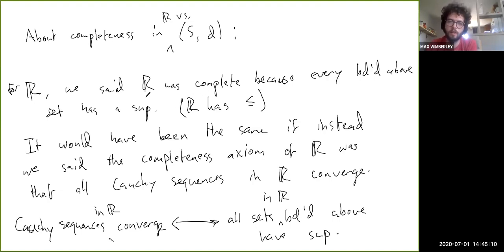and that's what lets us define completeness in terms of the supremum instead of in terms of Cauchy sequences. But we could have defined it in terms of Cauchy sequences if we wanted to, and nothing else would have changed. We would have just been going in a different direction, proving that all sets bounded above have a supremum from the fact that Cauchy sequences converge, instead of vice versa, which is what we ended up doing for this class. So that's it for adapting the definitions. Those are the three main definitions we wanted to adapt so far for metric spaces. In the next one, I will prove a basic theorem about convergence in Rk.